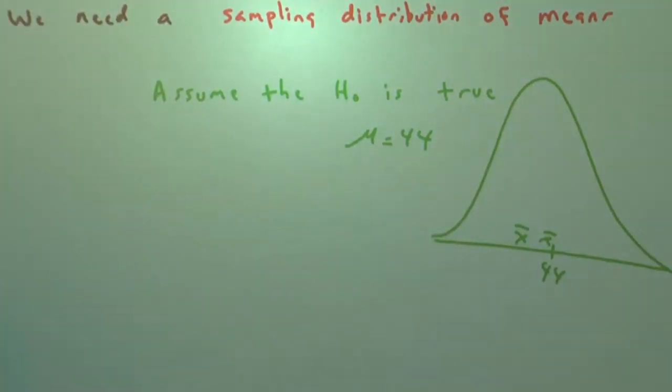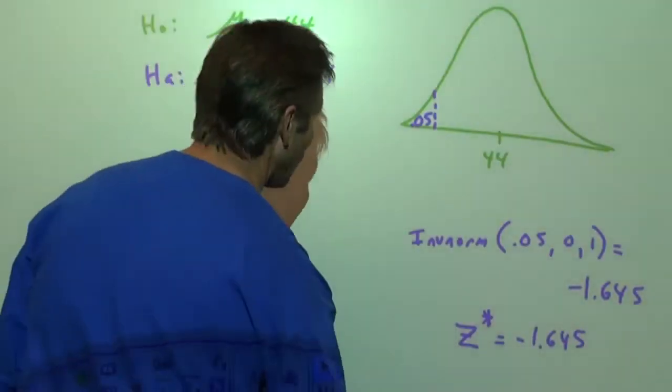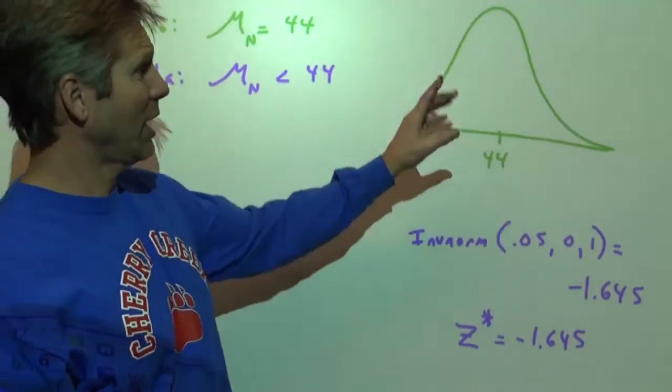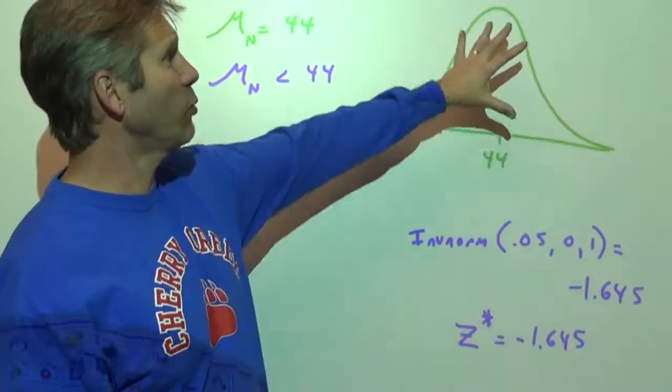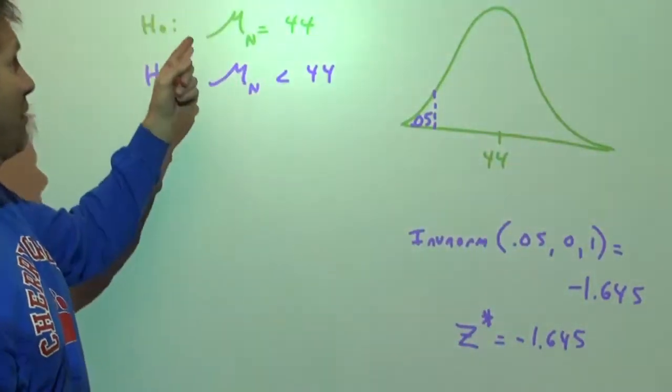But if it doesn't, if it's down here, we're going to reject the null. So what we do, it ends up looking like this. We have the null hypothesis, we have the alternative, and here's what we set up. We said, okay, this is what should be true. These are how the sample means should be distributed if the null is true.